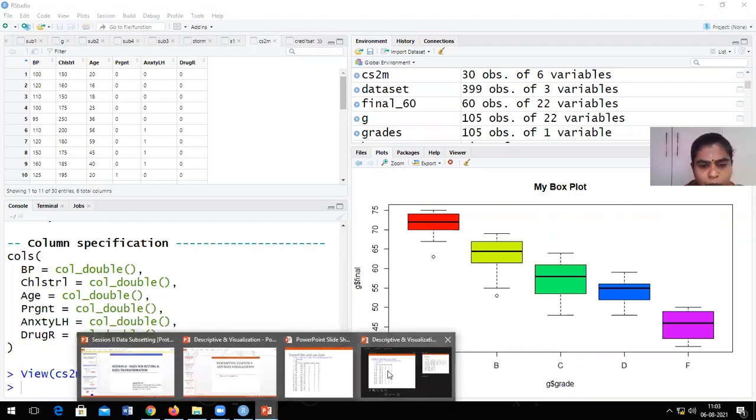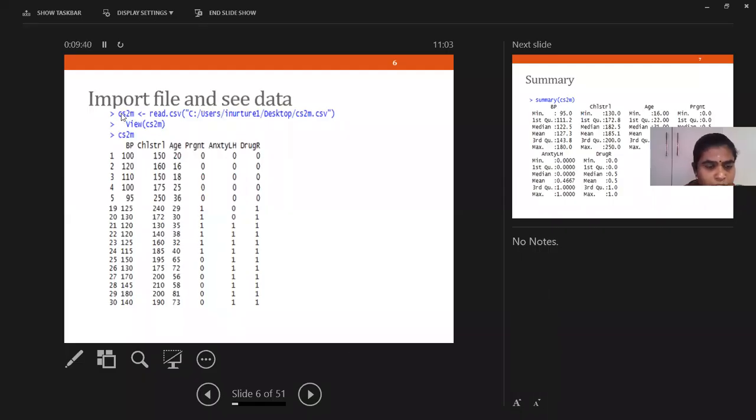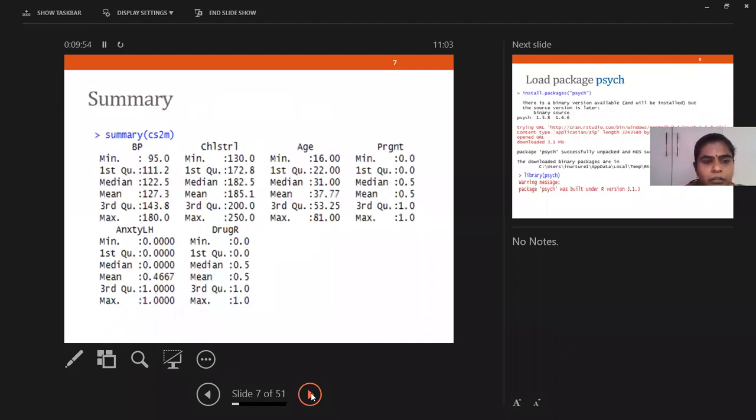Okay, now let's see what all we want to practice. We have imported the data set and visualized it. Now what I want to do is issue a command, summary. We are in the descriptive statistics lecture, so we want to learn how to create descriptive statistics. Just by issuing the command summary of and then the variable name. So shall we try that?